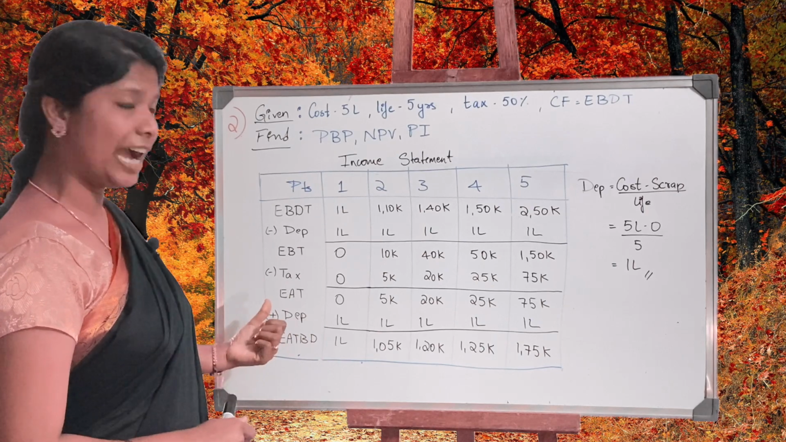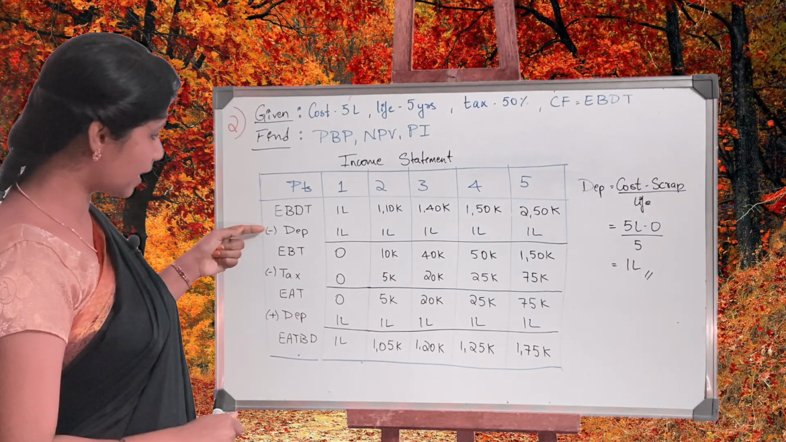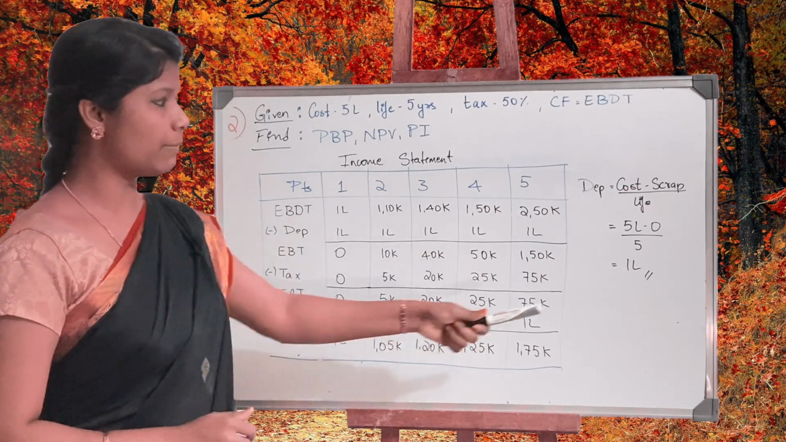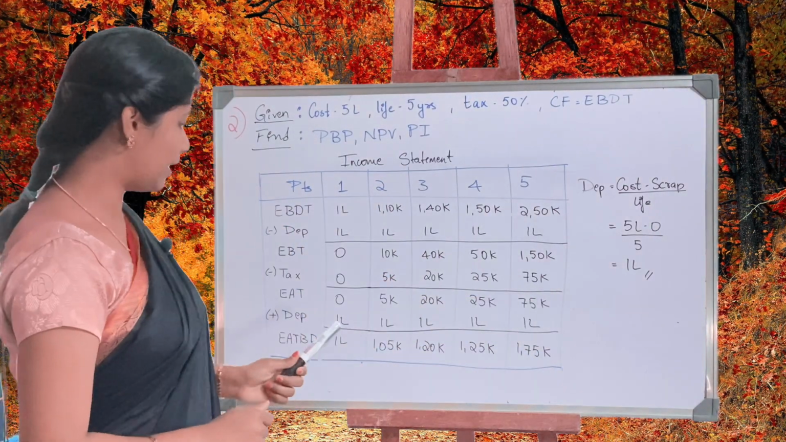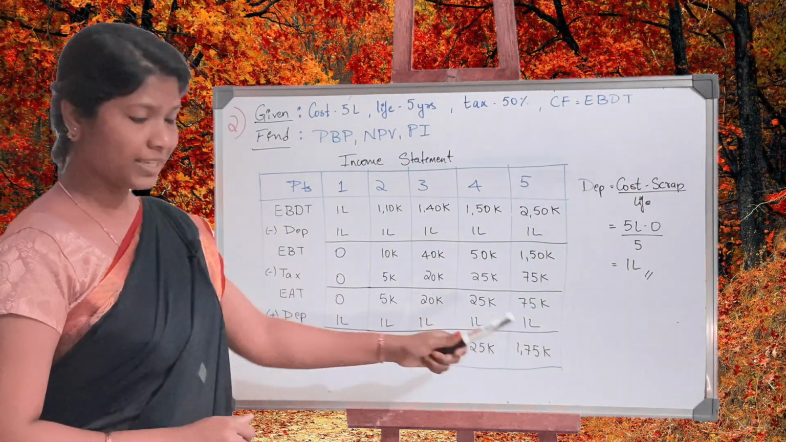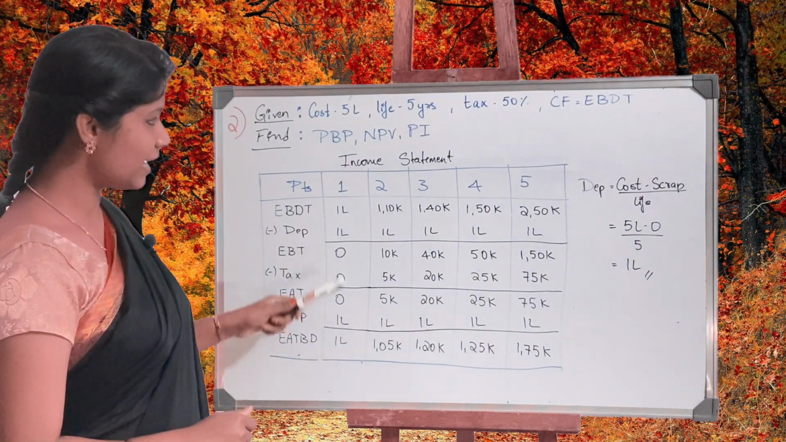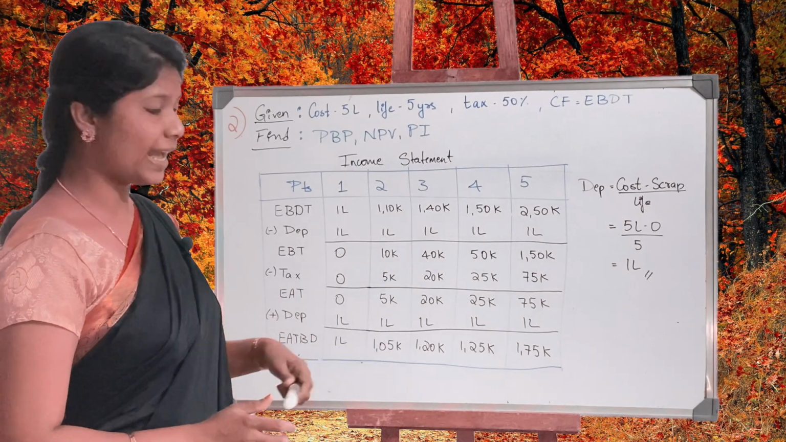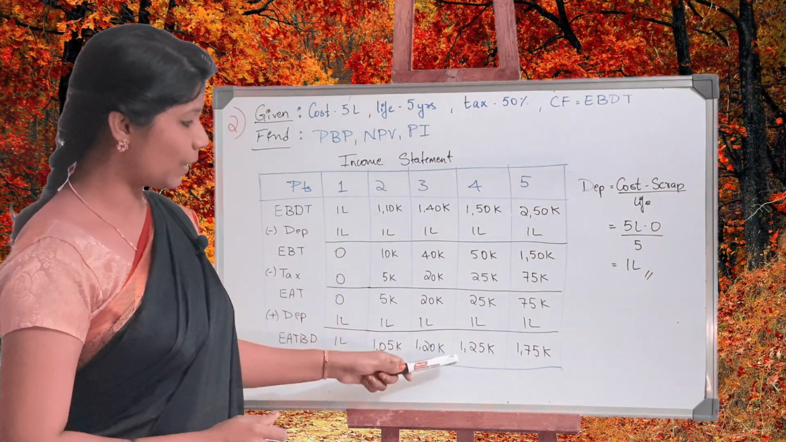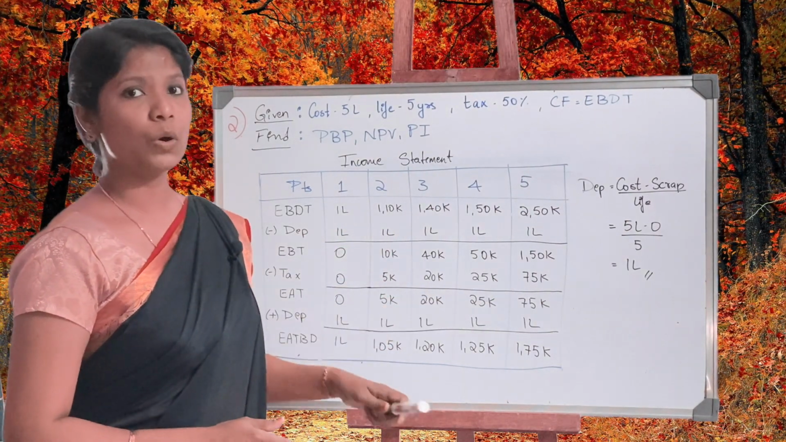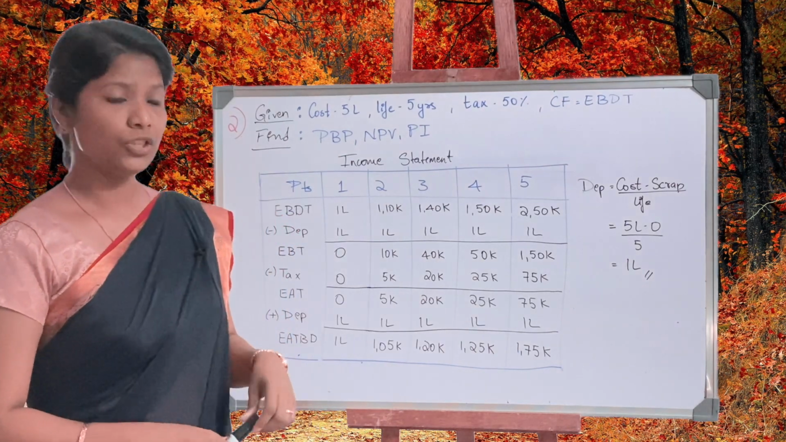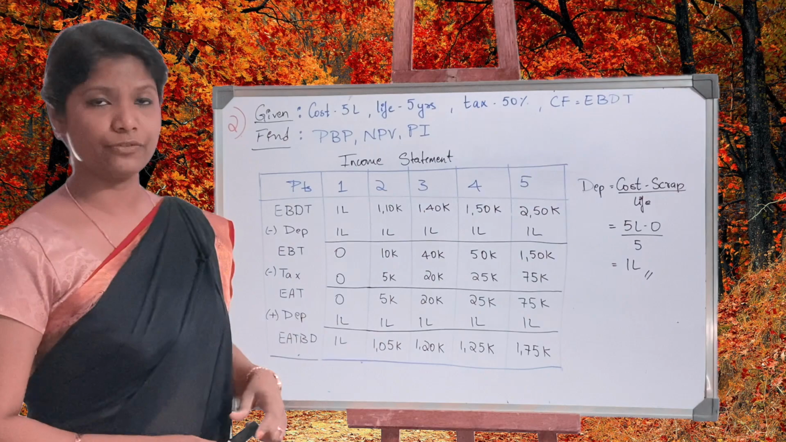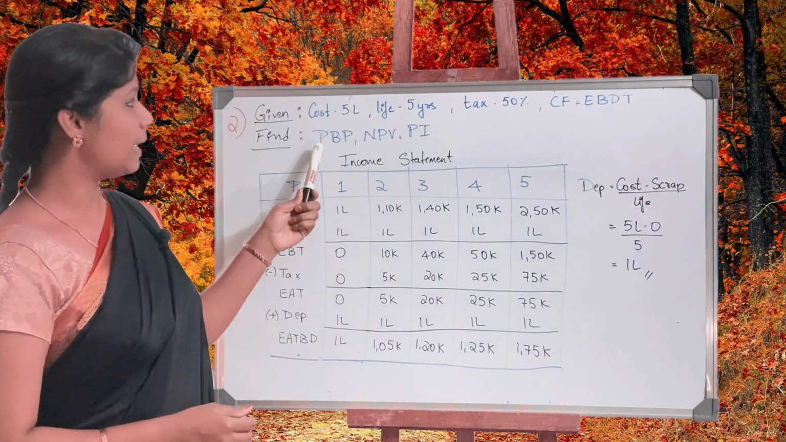Now we need to add back. That's why we have deduct depreciation, deduct tax. Now we have to add back the depreciation, same amount, rupees 1 lakh for all the 5 years. That comes up to first year 1 lakh, second year 1 lakh 5,000, third year 1 lakh 20,000, fourth year 1 lakh 25,000, and fifth year 1 lakh 75,000. So based on this, the last row, cash flows, we need to find out payback, NPV